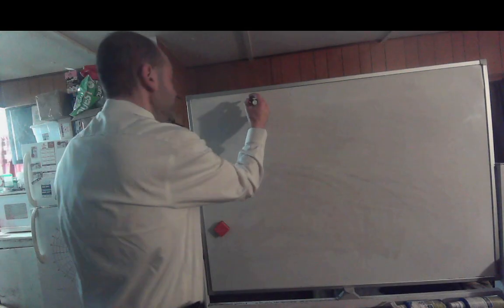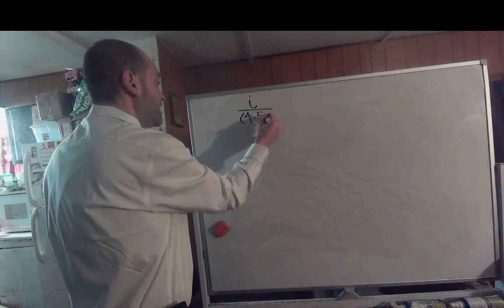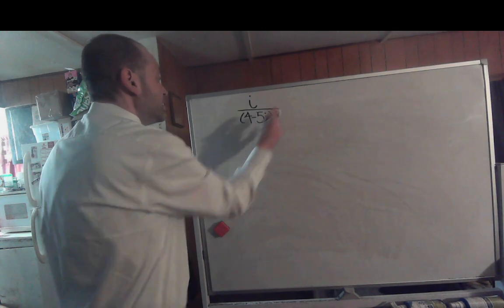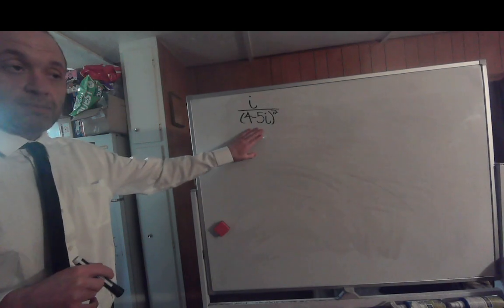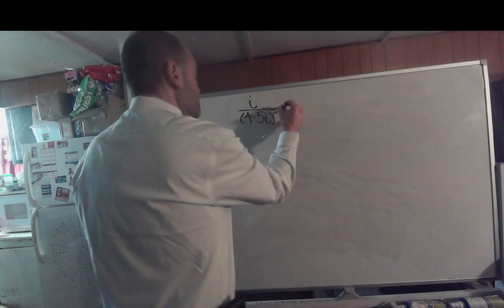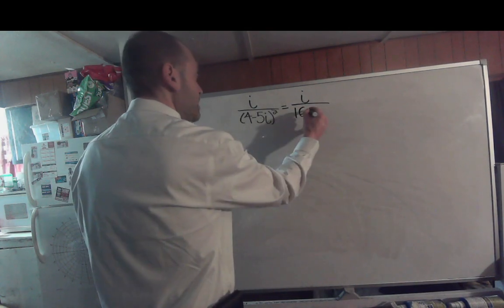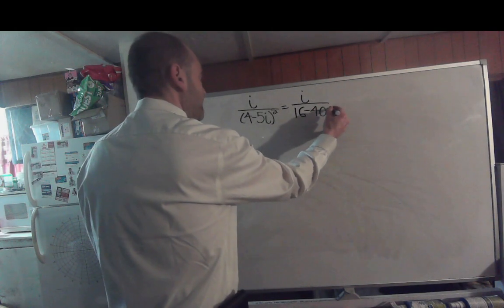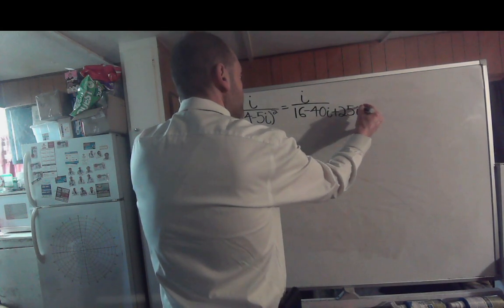All right, and then let's say you had something like this. So you'll have i over the quantity of 4 minus 5i to the second. This is actually a pretty loaded problem because we're going to have to deal with expanding the denominator to the second power before we even have a prayer of simplifying this. So this would turn into i all over 16 minus 40i plus 25i squared,